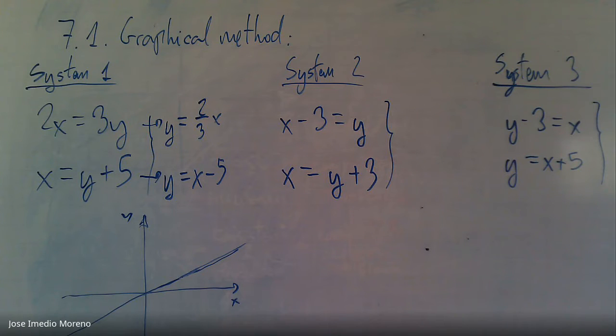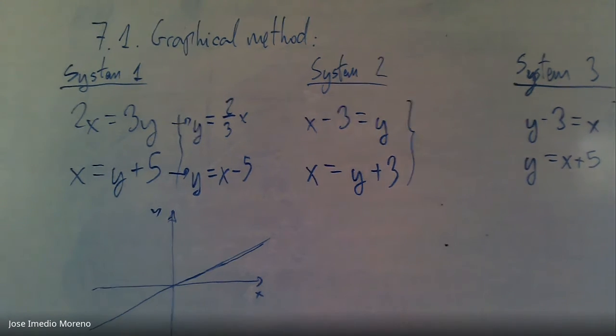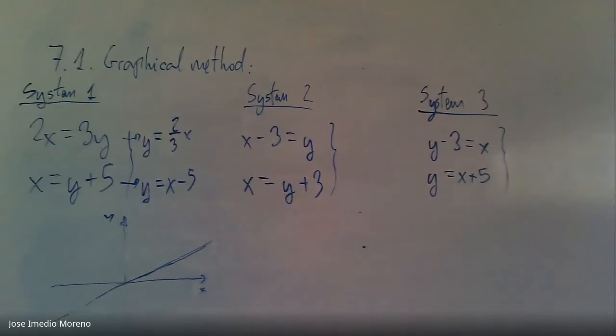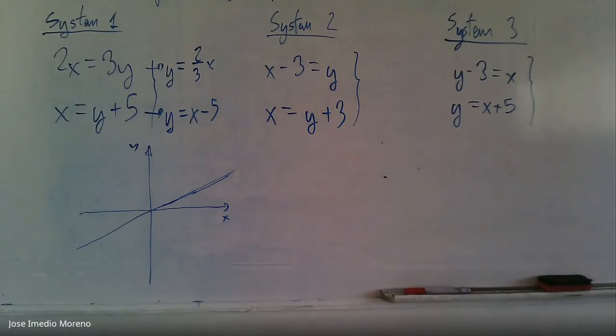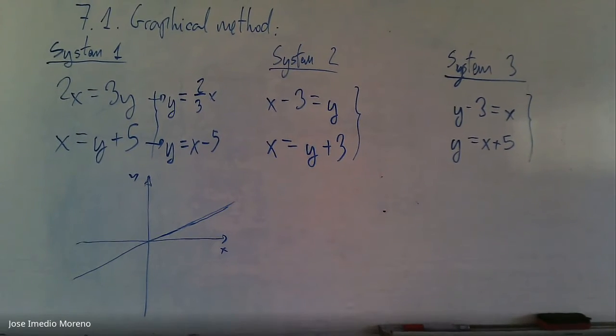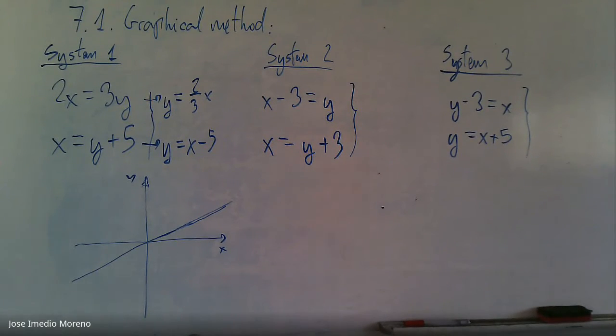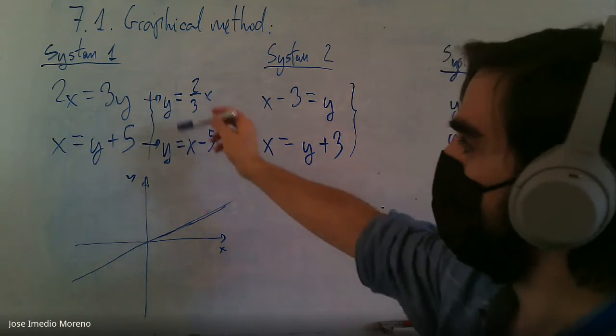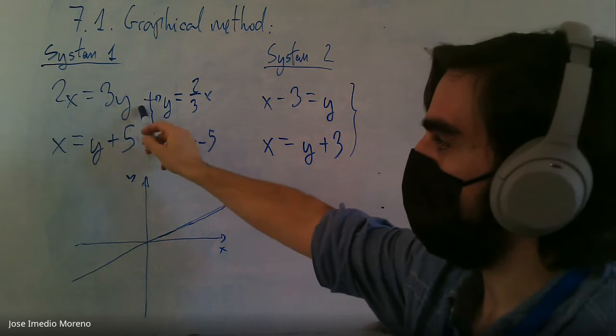Okay, so as I was saying, this is it. Let me take this a little bit further. What I was saying is that here I had these first two equations, 2x equals 3y,